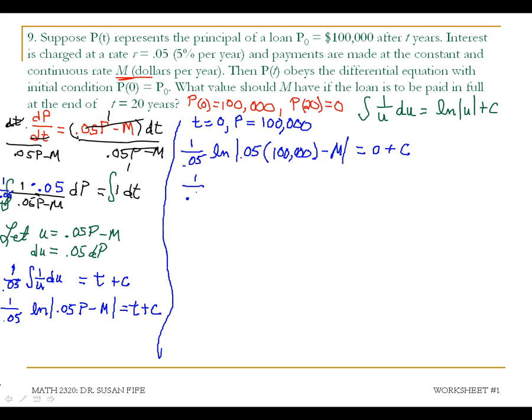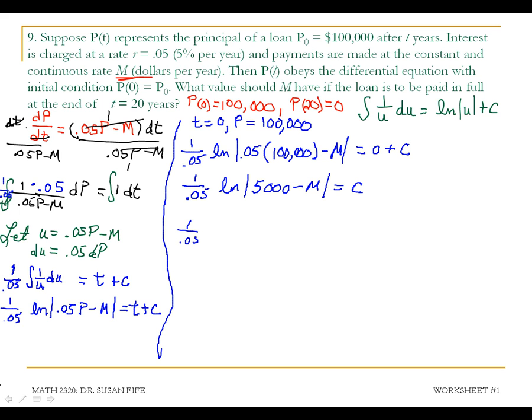I'll simplify that just a little bit to get 1 over 0.05 times natural log of 0.05 times 100,000 is 5,000, gives me 5,000 minus m equals c. So I'm going to put this value for c back into my equation so that my equation becomes